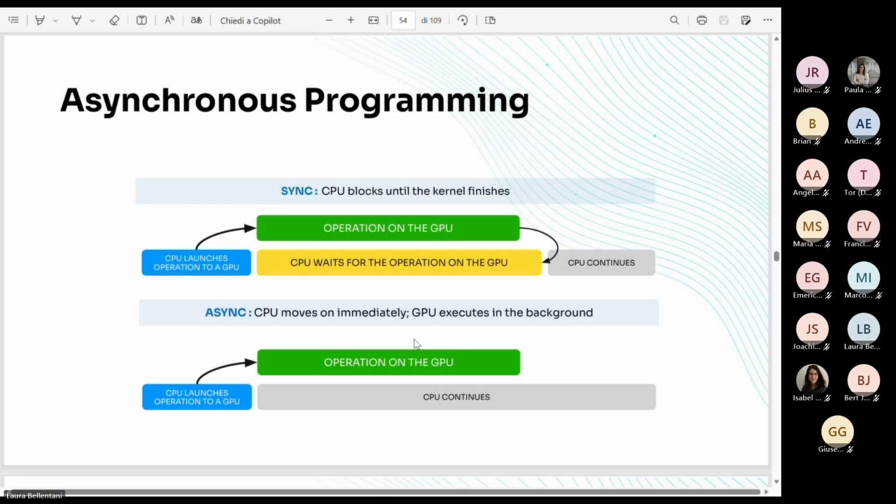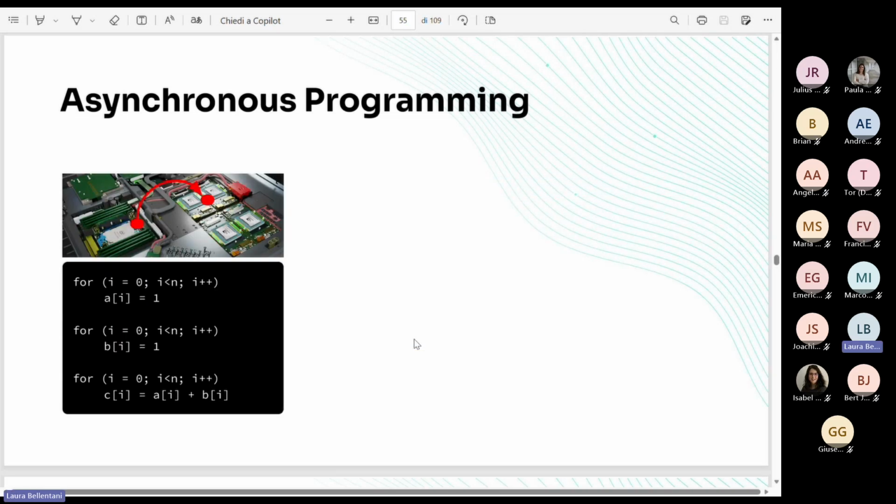So this gives us the possibility to implement multi-stream and overlap some activity on the GPU. Let's see how. In this example, we want to calculate this field A, field B, and then calculate the sum of the A and B arrays.